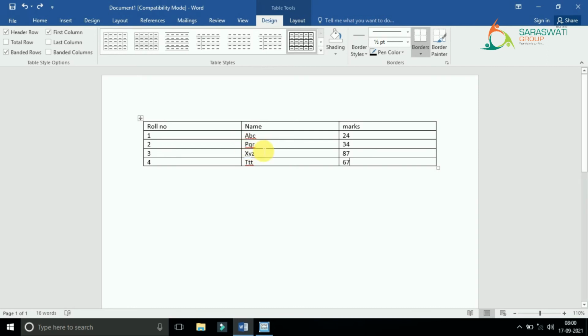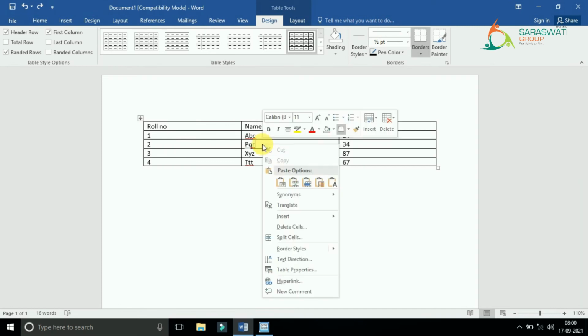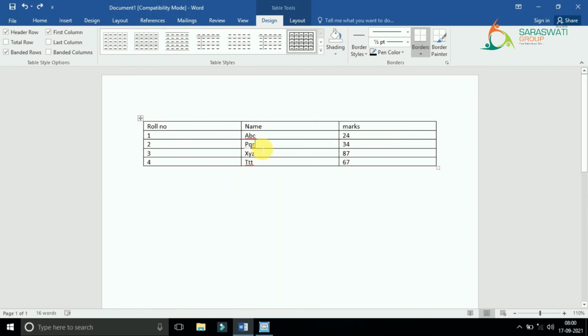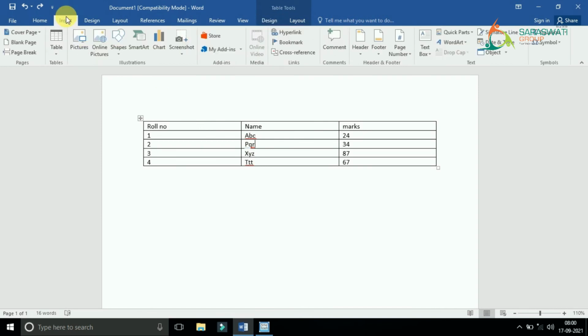Now I forgot to write one more name after number 2. So what will I do? I have to add the row over here. So I will take my cursor here, right. Then in the insert tab, where will I go? No, design and layout tab.